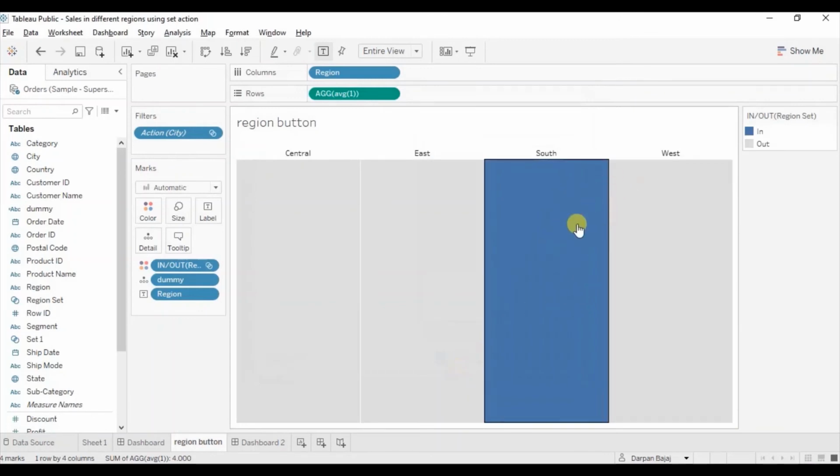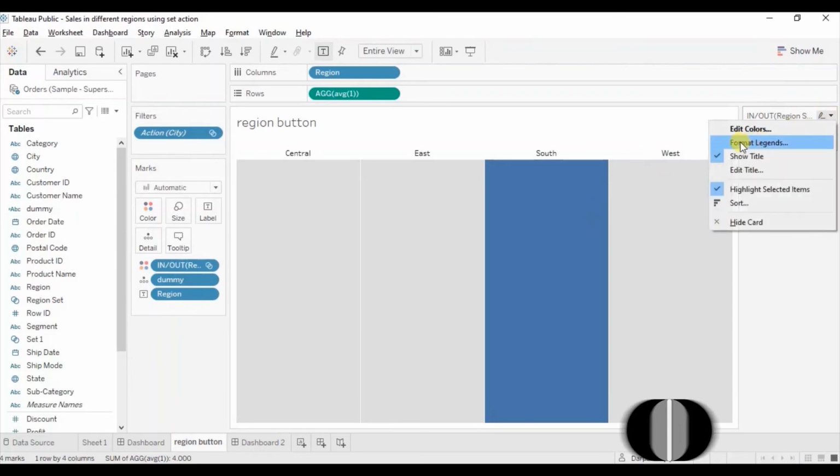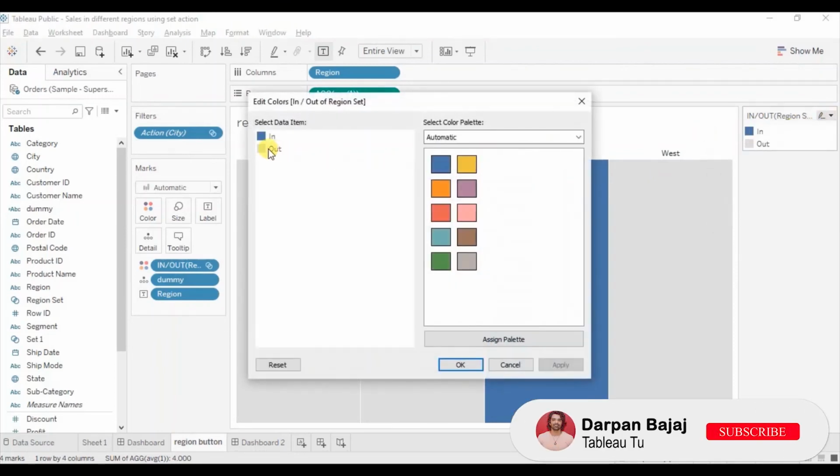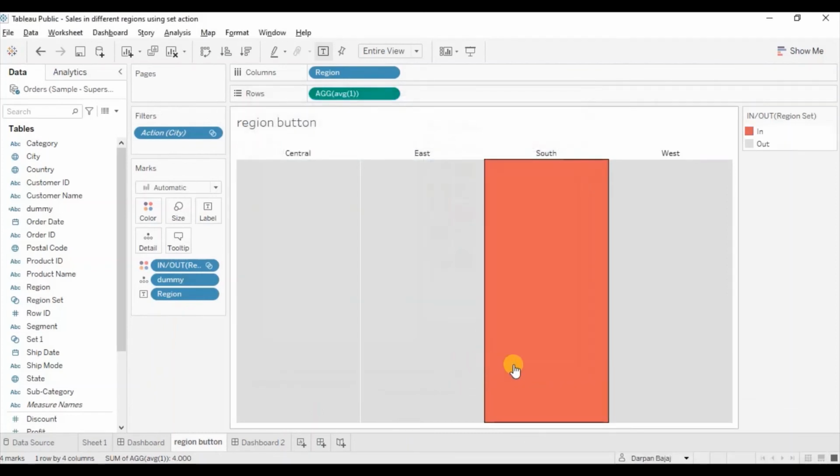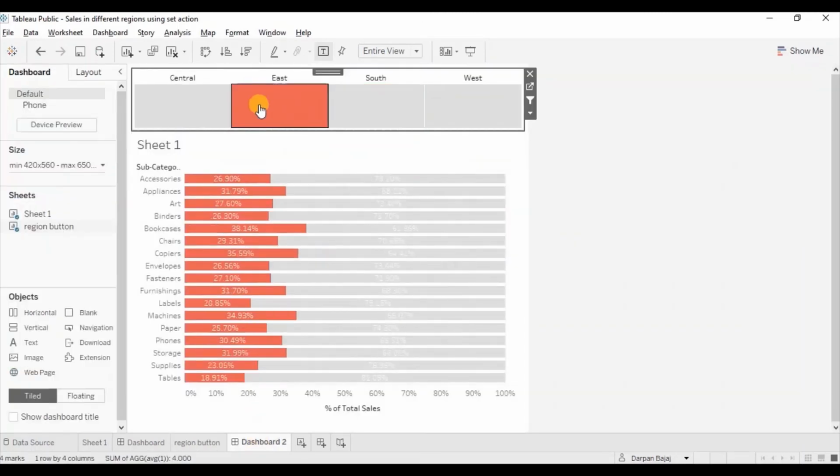If you want, you can change this blue color. Let's select some other color for in. Let's select red and click on OK. Go back to the dashboard. Now you can do changes according to your preferences.